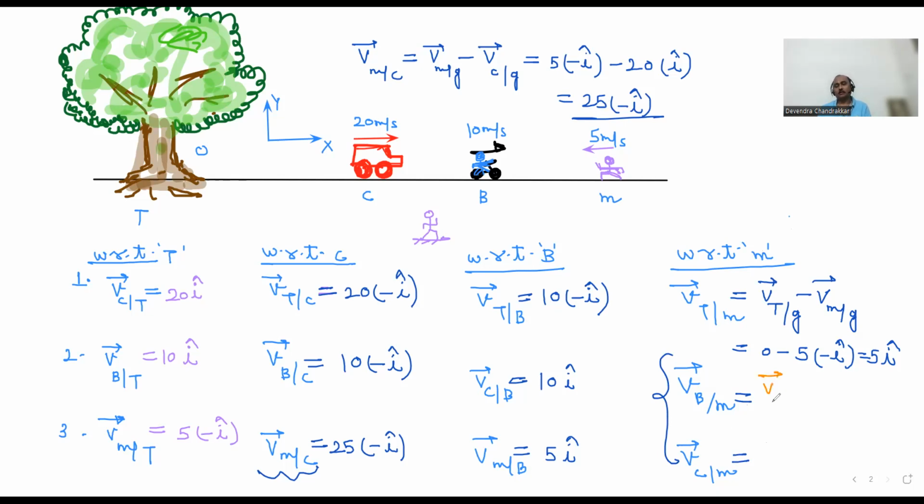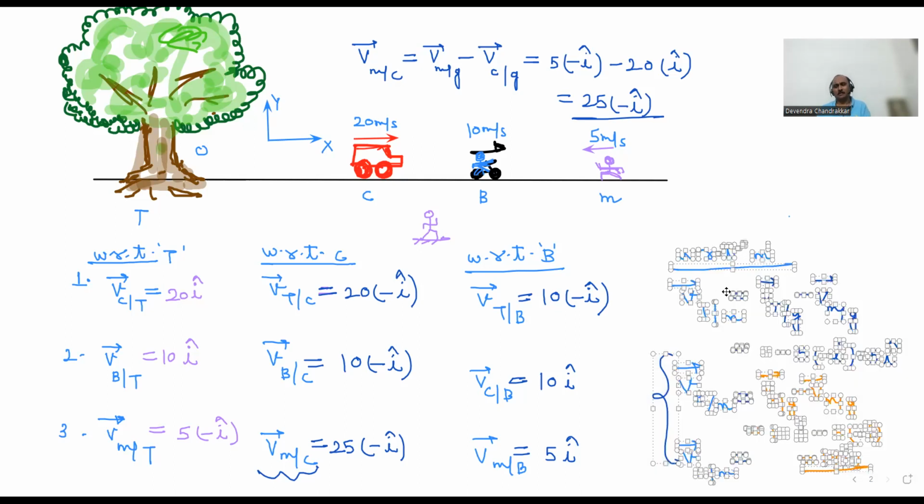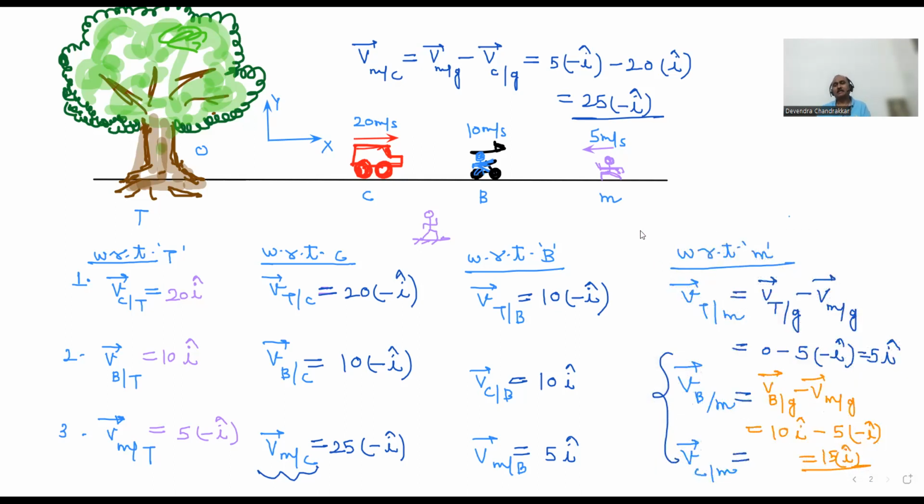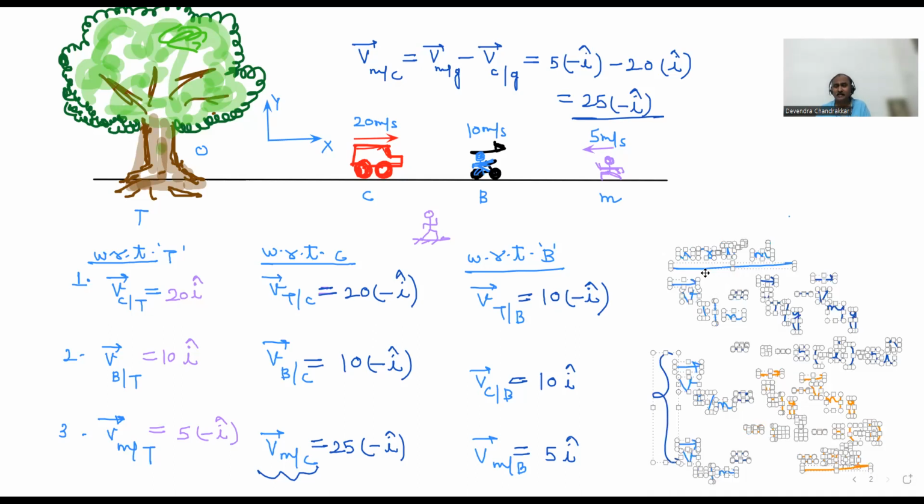Velocity of B with respect to ground minus velocity of M with respect to ground. बताओ velocity of B with respect to ground क्या है जल्दी से। 10 I cap. और इसमें क्या है, माइनस 5 I cap. अब बता 15 कैसे आ जाएगा, बता दे जोड़ के मुझे। ये सब गलती करने की जगह ही नहीं है इसमें।